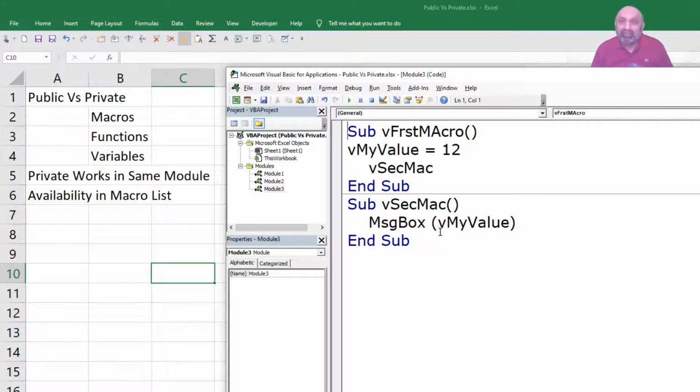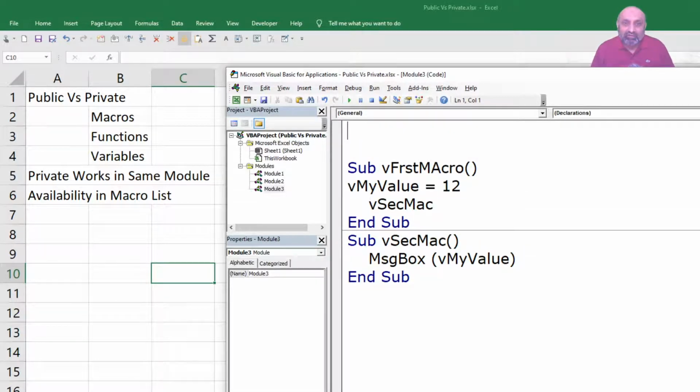So it's very simple. If I say Dim, I'm giving a dimension that is a global dimension, and you see this dimension is not within a macro. This is going to be before the word sub. So this declaration is for this whole module.